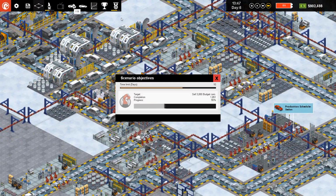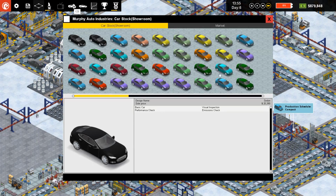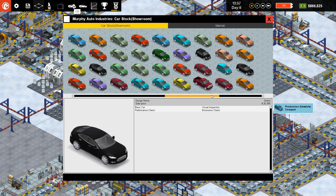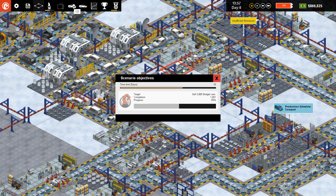We've got 100 cars waiting to sell. Okay, what cars are we trying to sell? Let's just pause that for a second. Sedans, all sedans. Ooh. Right, okay, so we've only got a few compacts. Right, primarily sedans. So maybe what we should do then is, let's